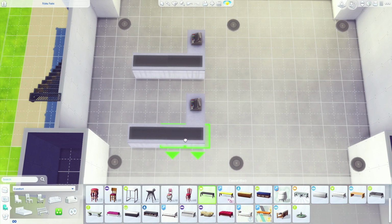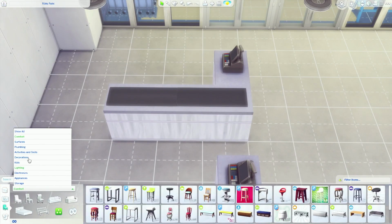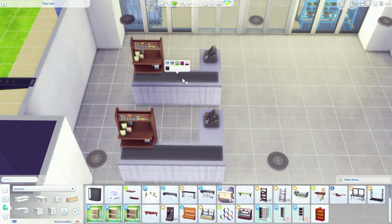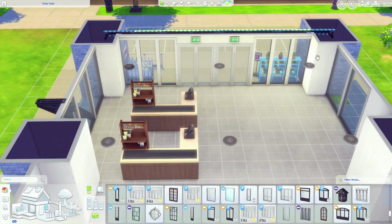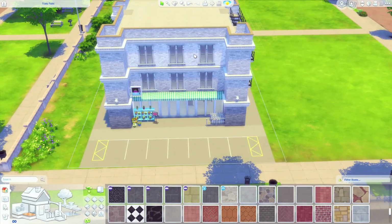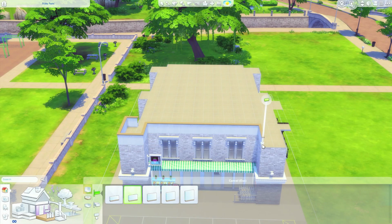But yeah, about this build, I was inspired by Whole Foods, so that's why I named it Complete Foods Grocery on the gallery. While I was looking up grocery stores for reference, I noticed the conveyor belt where you put all your groceries, and I was thinking, how do I portray that in The Sims? So what I did was I took the same kind of idea that I've seen Urban Sims